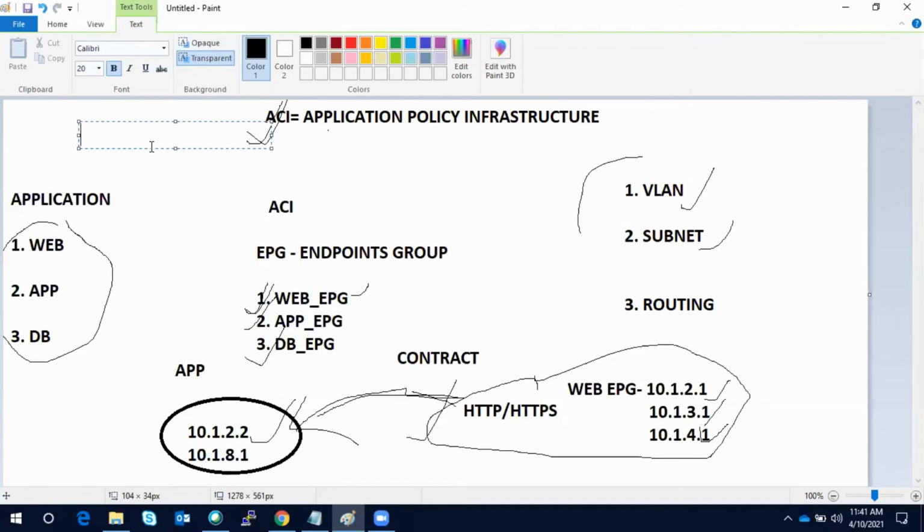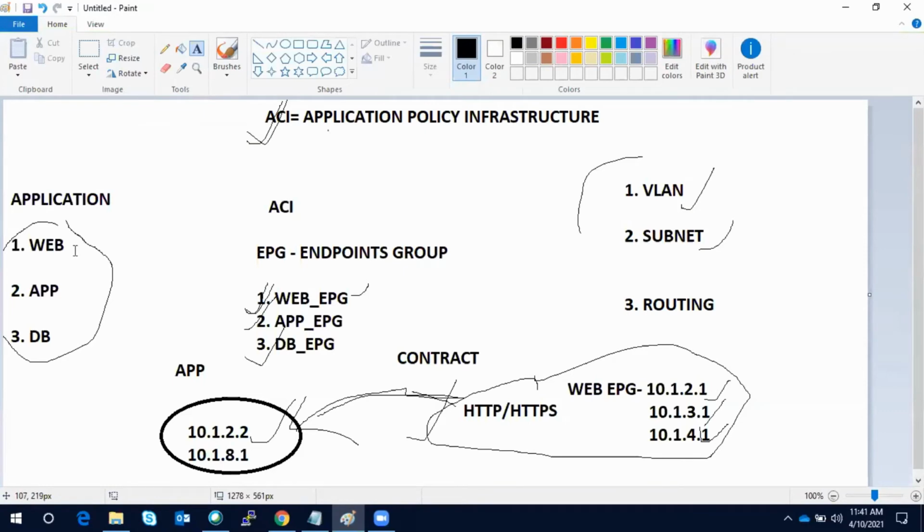Actually, when the ticket is routed to you, that ticket will have this basic information. So don't worry about that. When they say this is a web server, please onboard the web server into the network, you will get that ticket.